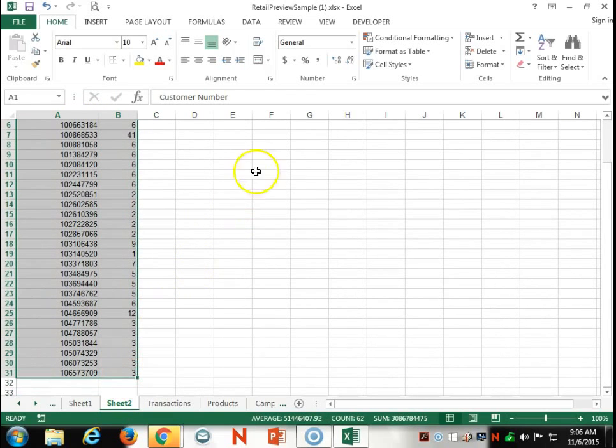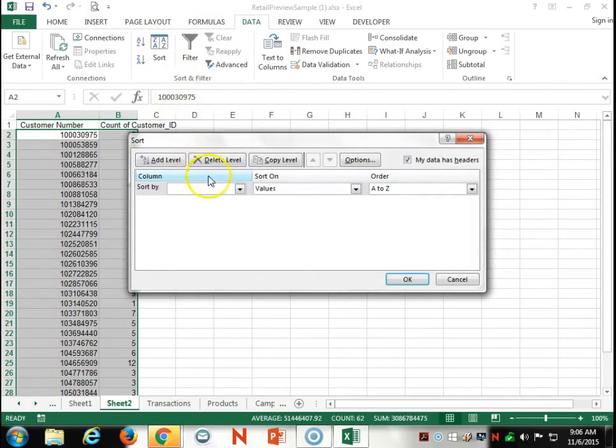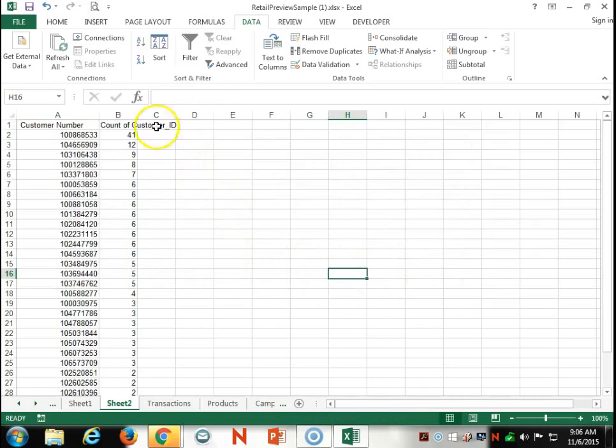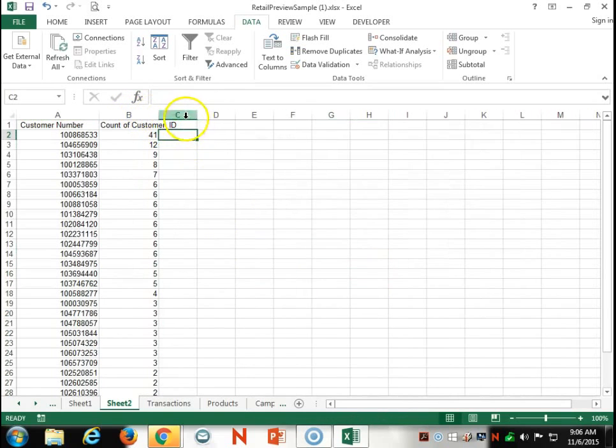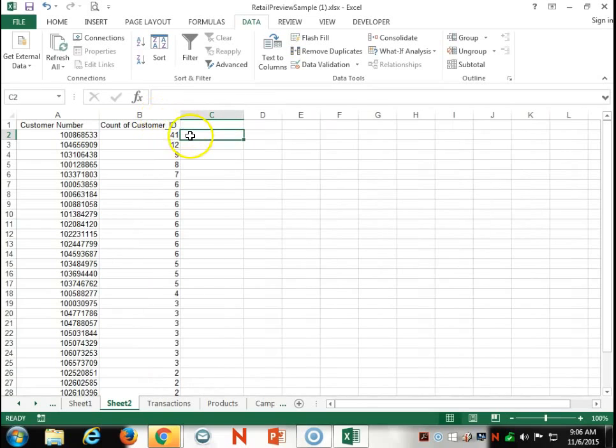I'm going to go to Data, go to Sort, and I'm going to sort by the count of customer ID. And I want largest to smallest. So I want the most transactions first, the fewest last. So count of customer ID, click OK. And we see the winner, the person with the most, is customer number